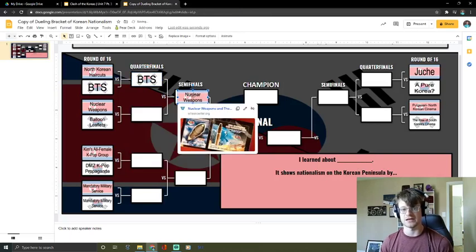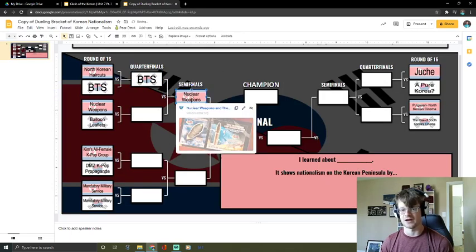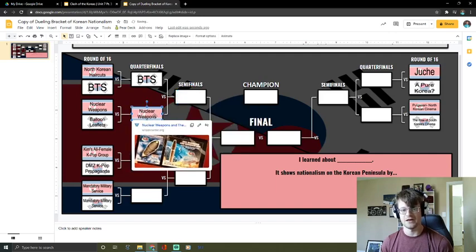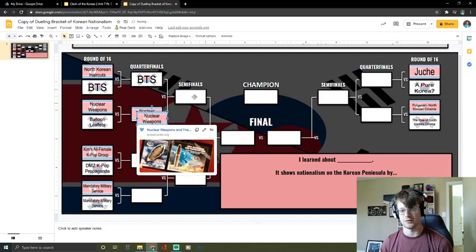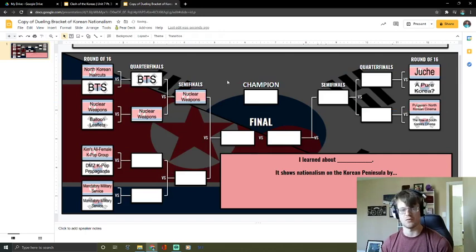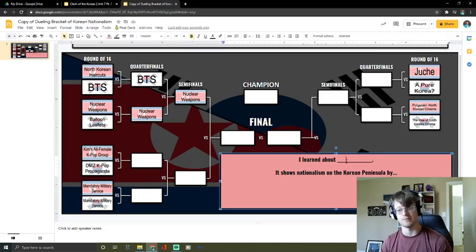So each of these things is a copyable element that you can then vote upon and then go and study more. These are all links out to good authoritative articles on all of these issues and forms of nationalism. What you're then going to do down here in this red box is, let's say eventually we end up with our champion being